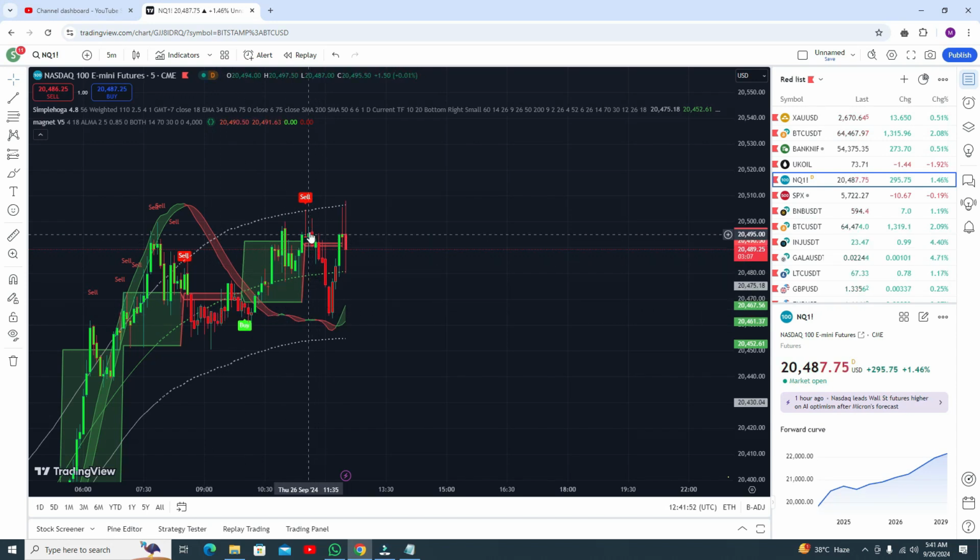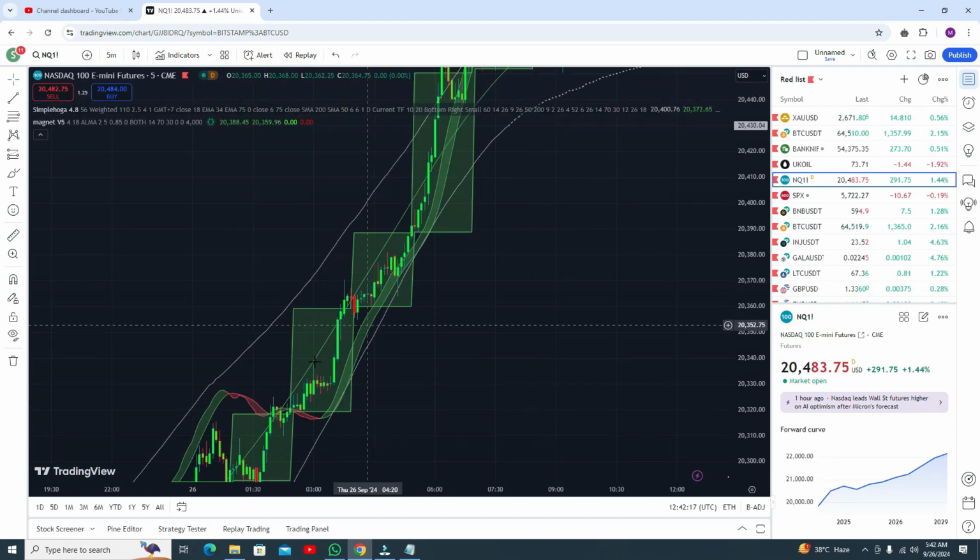Actually it's giving you maybe a few cents profit, but the point is you are getting some profit. Here you can see, you can go for the sell trade, but you did not get the other sell signal. You can wait for another sell signal or you can go for the sell trade, it's up to you. But I recommend, if you got both sell signals like this one and this one, and the shadow is red, then you need to go for the sell trade and definitely it will give you profit.